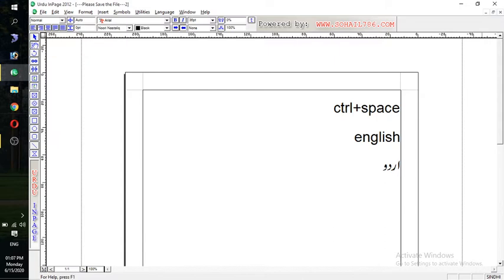For writing Sindhi, just press R by 6D. You can see Sindhi is on the screen. After Sindhi, if you want to write Pashto, first toggle to Pashto and write P shift I then TW. So you can see all the languages on the screen.